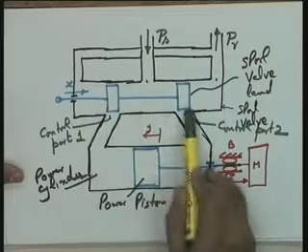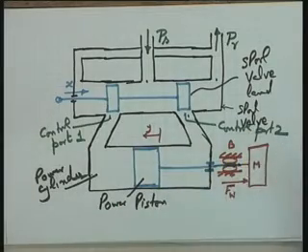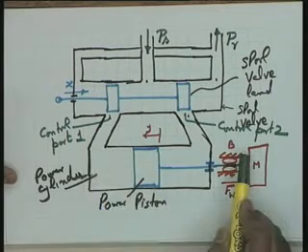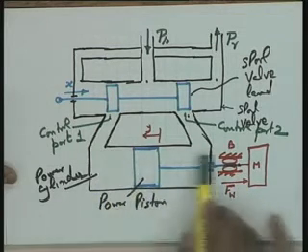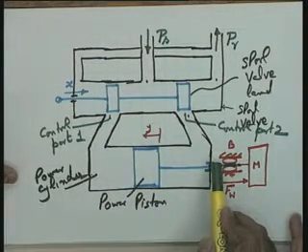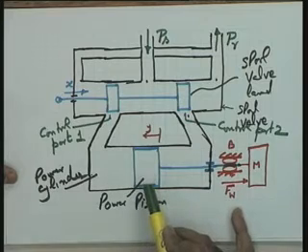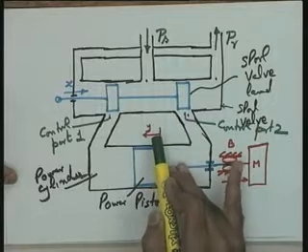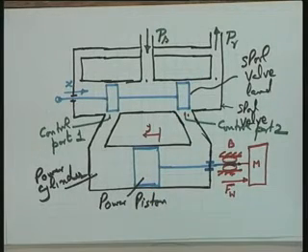Since at x equal to 0 the two control ports are completely closed, there is no movement of hydraulic fluid possible, and unless the hydraulic fluid moves in the power cylinder, the power piston cannot move. Therefore the load is also in its so-called equilibrium position, and let me name that y equal to 0. So when x is equal to 0, decidedly y is equal to 0 is the corresponding desired position.